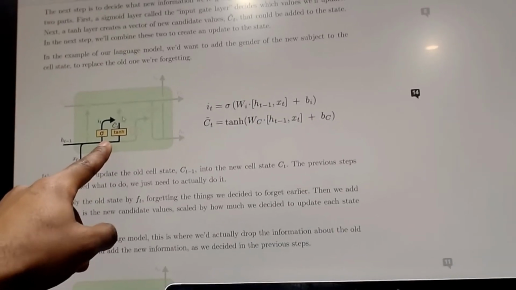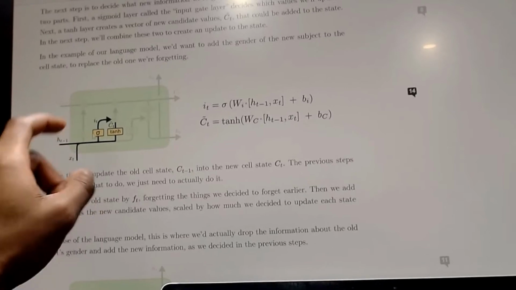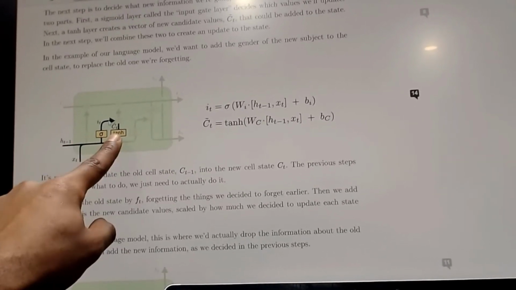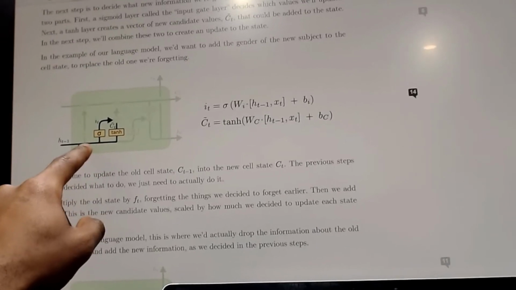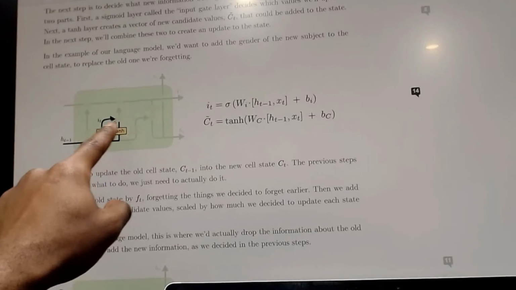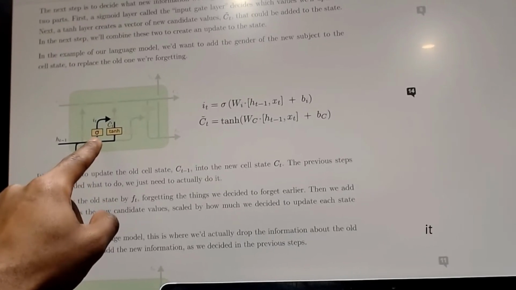So that's that. And then here we have an input gate. This is actually pretty interesting. What we're doing is saying, okay, this input gate here, what it does is it acts as like